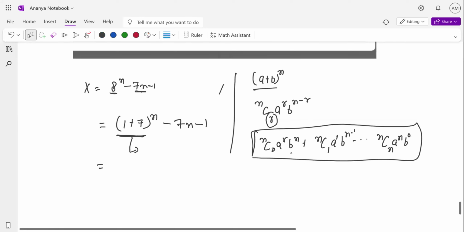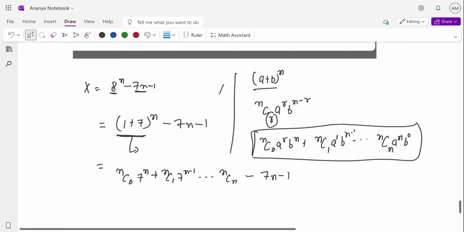So here the same thing I am going to apply. Here my a is 1, so I can directly put this formula. nC0, a is 1, so there's no significance of it. You have to just go with the b to the power n. Okay, instead of b I can put 7 to the power n plus nC1 7 to the power n minus 1, and so on till when you need nCn 7 to the power 0. Is that clear? Basically nothing. Yes. nCn. Yes, sir. Okay, minus 7 n minus. Any doubt you have? No, sir. Clear. Alright. Now whatever I have written,